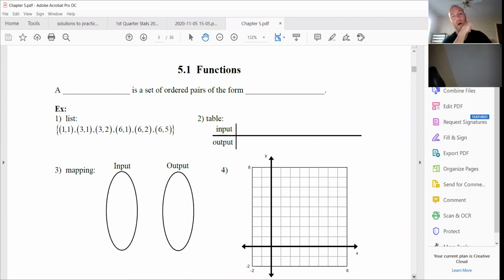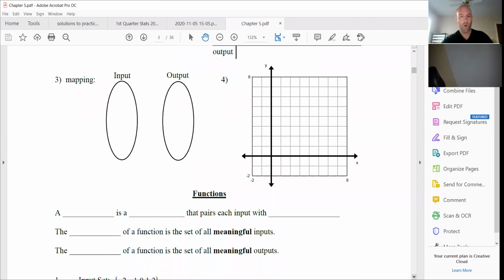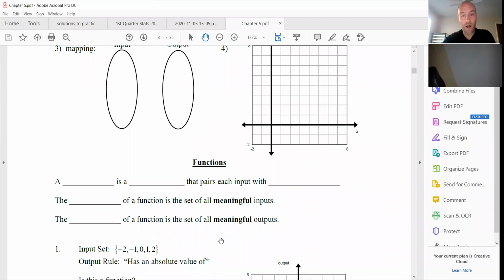All right, so first off, we talk about what a function is. In fact, first we talk about what a relation is. A function is a kind of relation which, if you tell me what the input is, I have to be able to tell you exactly what the output is. Not the case with a relation, like the graph of a circle is a relation or something like that. If I say a first name and you say all the last names which could go with it, that is a relation,